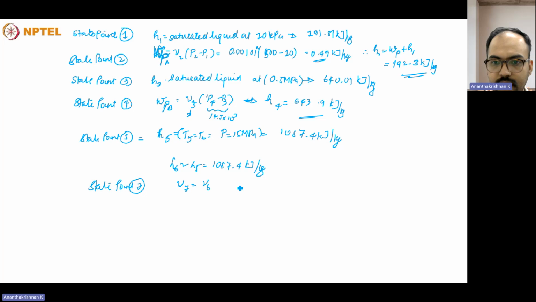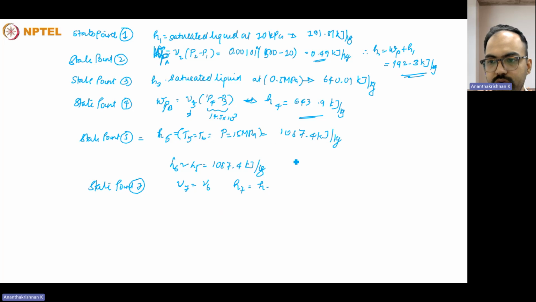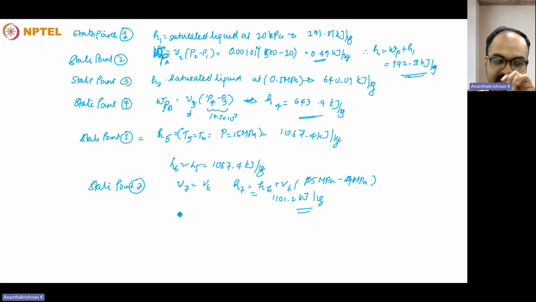Based on that, we can say H7 will be equal to H6 plus, just like the previous case, the pump work we have to take into consideration, plus v6 into 15 megapascal minus 4 megapascal. That will come around 1101.2 kilojoule per kilogram. On the right hand side, similarly,